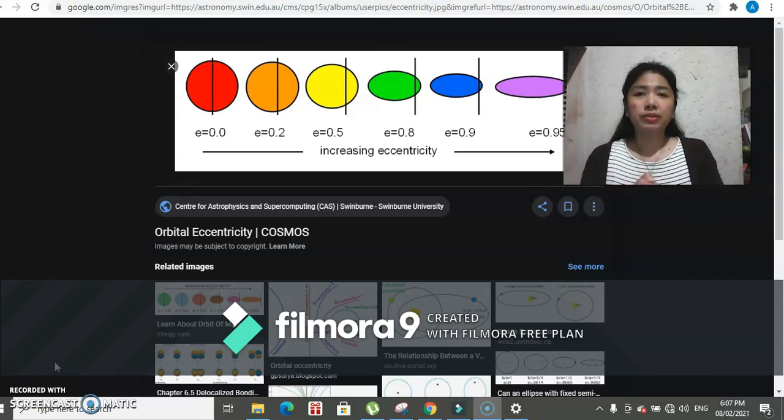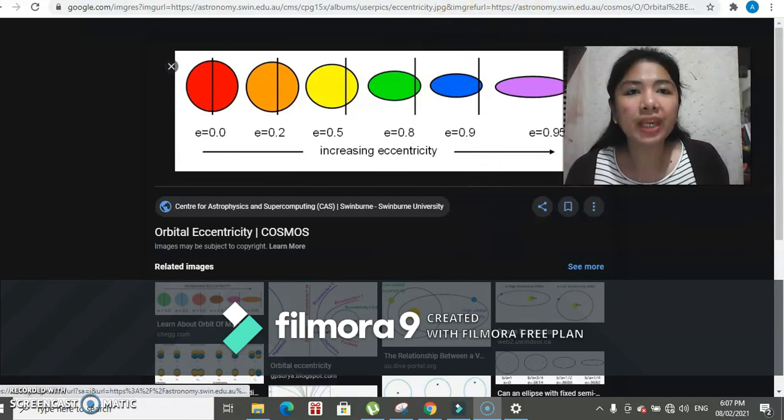That contributes to the increasing value of the eccentricity. So eccentric is not gearing towards being a circle, so it is eccentric. And we have here